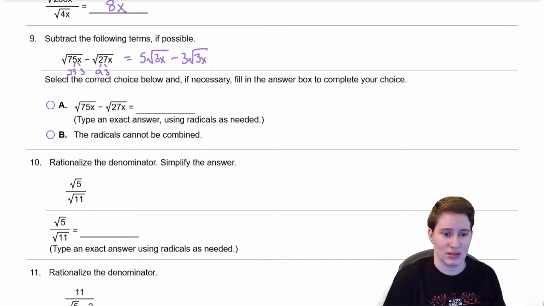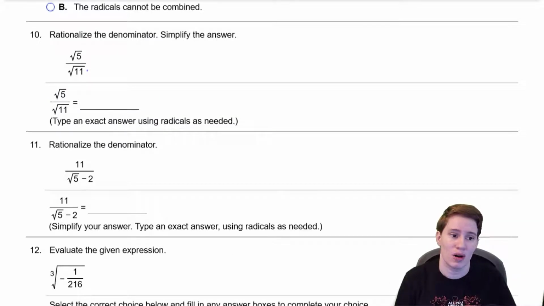So this actually says to pick A or B. So we would pick A because we can actually simplify this. We'd say 5 minus 3 is 2, so I have 2 square roots of 3x, and that would be my answer. So to rationalize the denominator, we're going to multiply by something on bottom that gets rid of the square